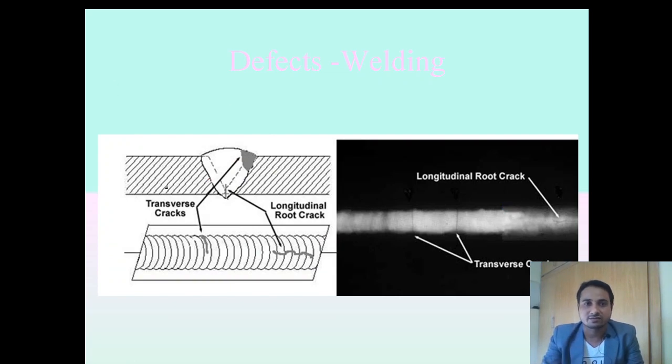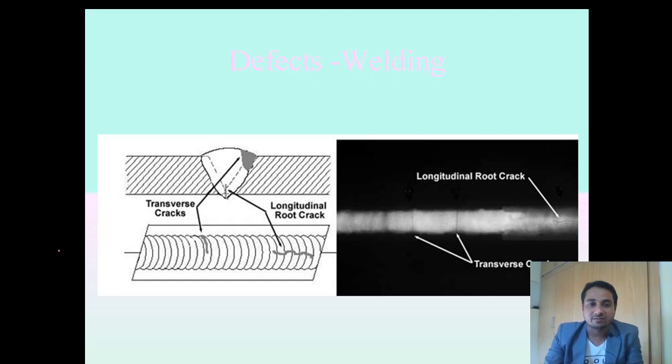Then the crack, which is the most dangerous defect in welding. So what may be the reasons for cracks? The first reason may be stresses, of thermal kind or mechanical kind. If stress is there, then there will be chances of cracking. The second is electrode or filler selection, meaning if we have selected the filler material wrongly, it may also lead to cracking. And the third is the selection of the welding technique, which may also lead to this defect.